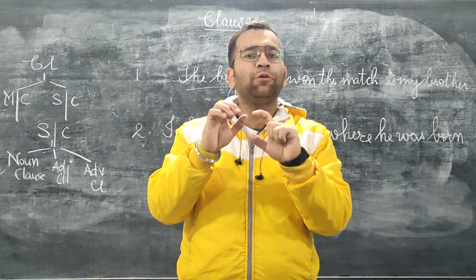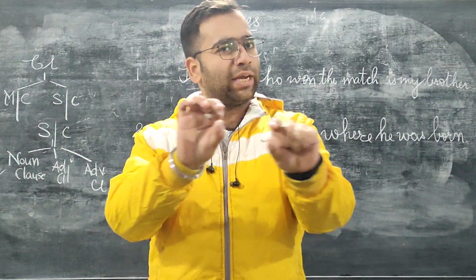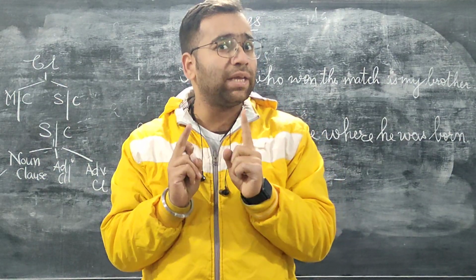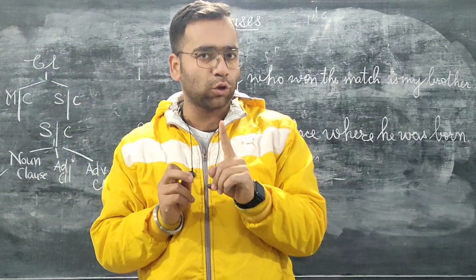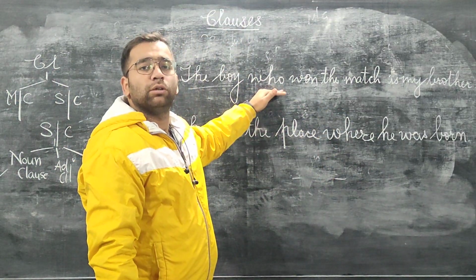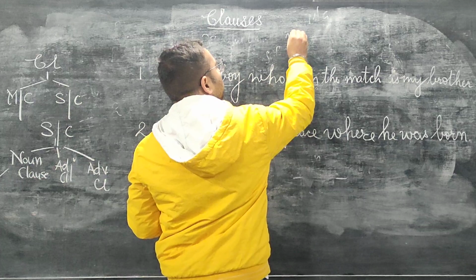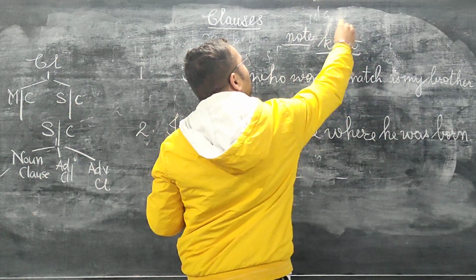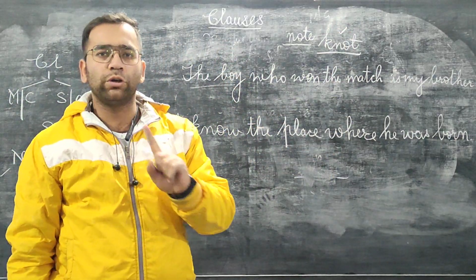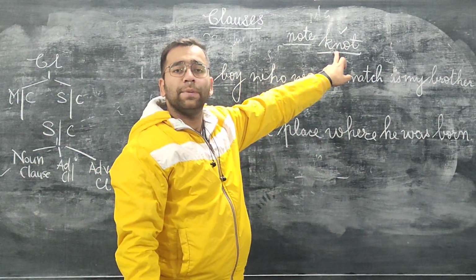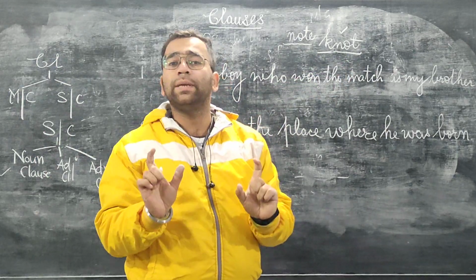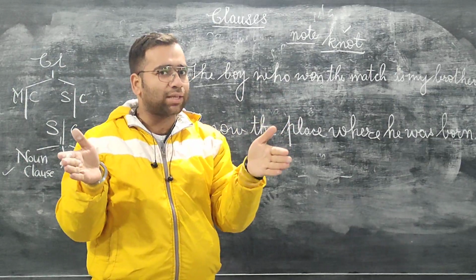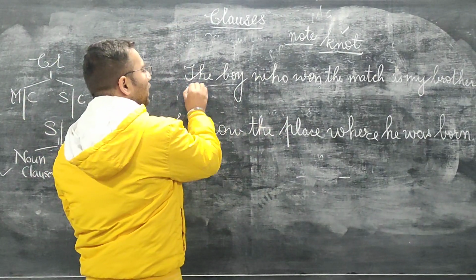Of course, if you are tying a knot, let us suppose you take a rope. You are tying a knot at a particular point of the rope. It means the rope was cut from there. Yes or no? So this is a knot. Now you know that there are two kinds of notes, N-O-T-E and N-O-T. I am talking about this. In English, not means connector. Now here a connector has been used. It means there was a break in the sentence. Okay. So I can break the sentence from here.